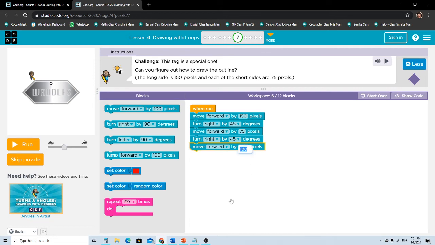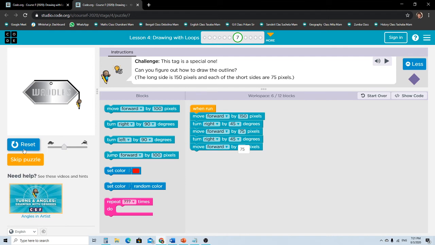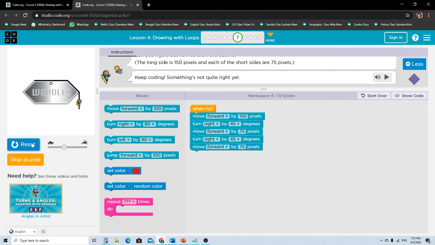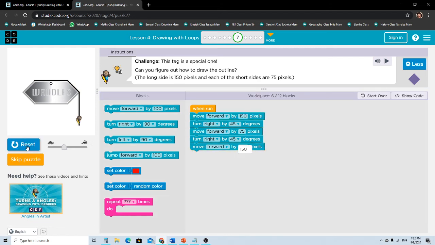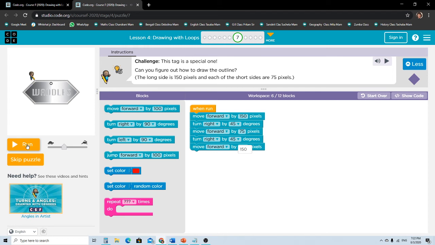We should never forget the pixels. Something may be wrong over here, but it should not be, because this is 150, this is 75, and this is also 75. Let's try with 150 again.